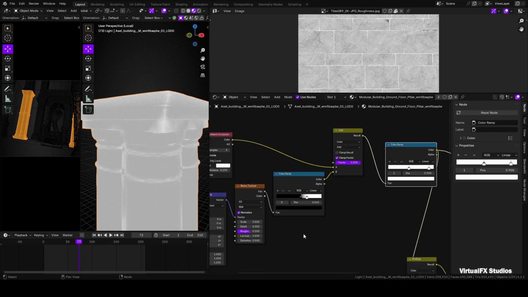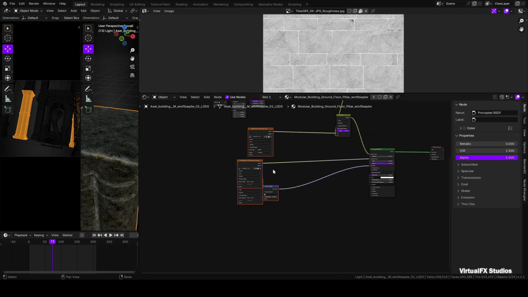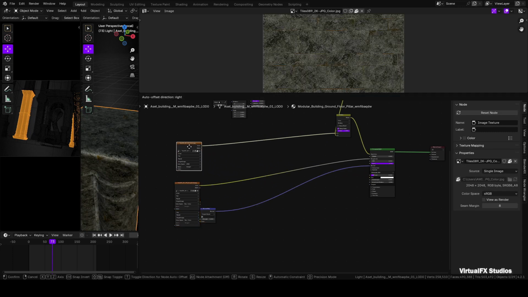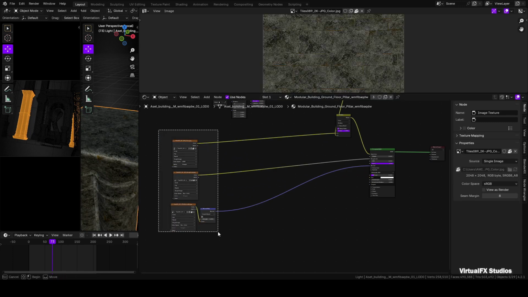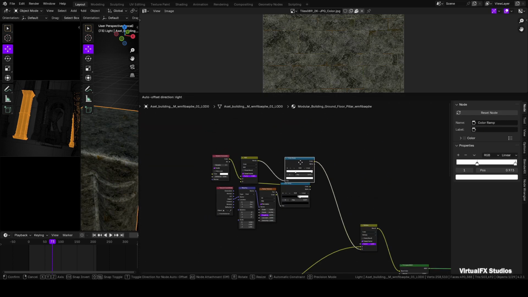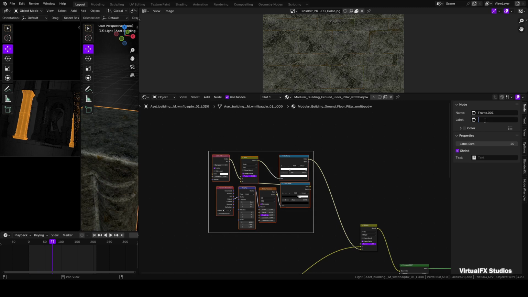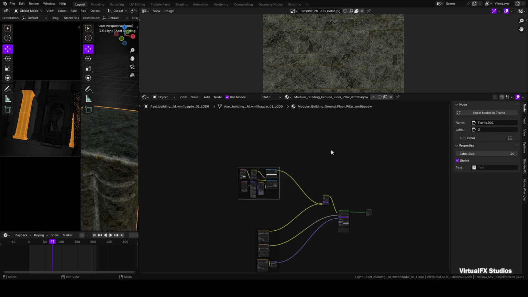Let's organize these nodes because more nodes will be added and it will make it easier for you to understand. Bring these three nodes to one side and press Ctrl+J to join them into one group. This will be our main basic texture node group number 1. Now create another group for the upper edge wear nodes, which will be group number 2. So now we have these two groups. Let's improve the texture further.